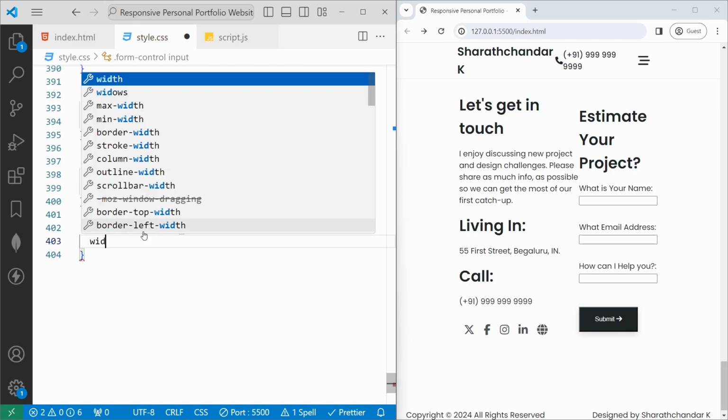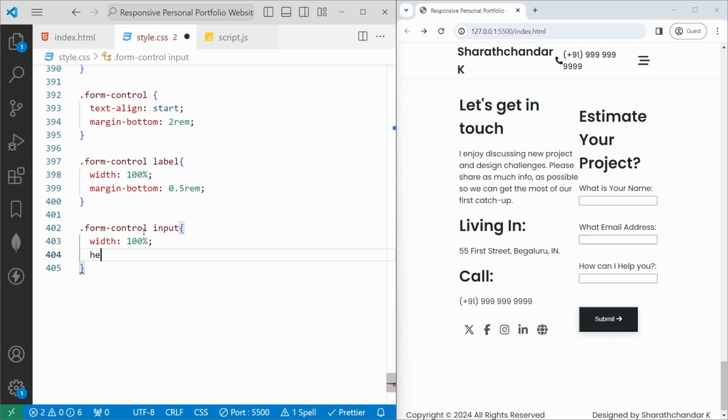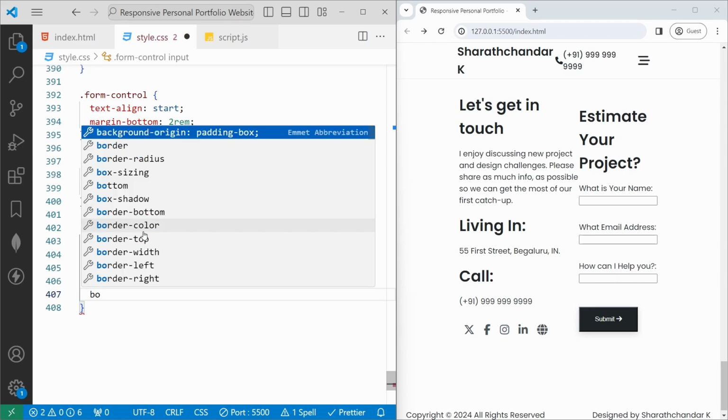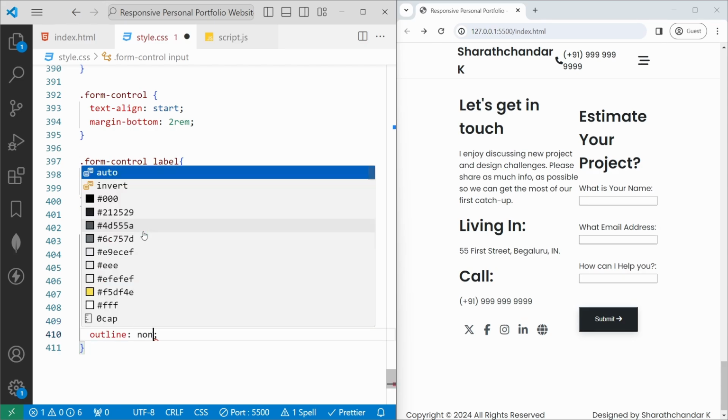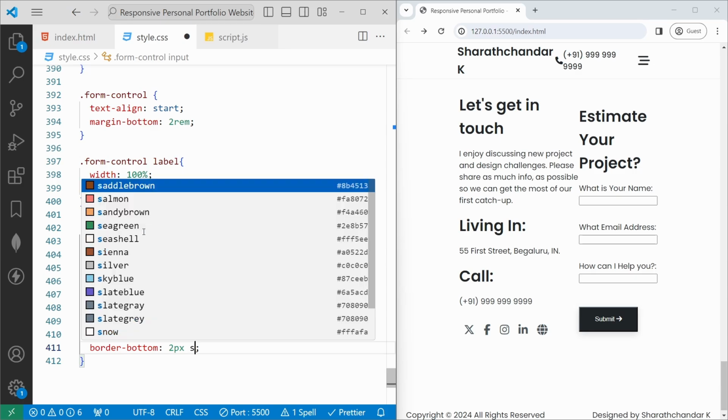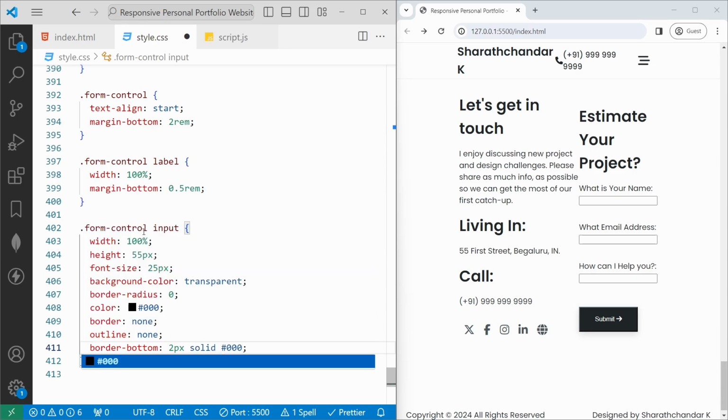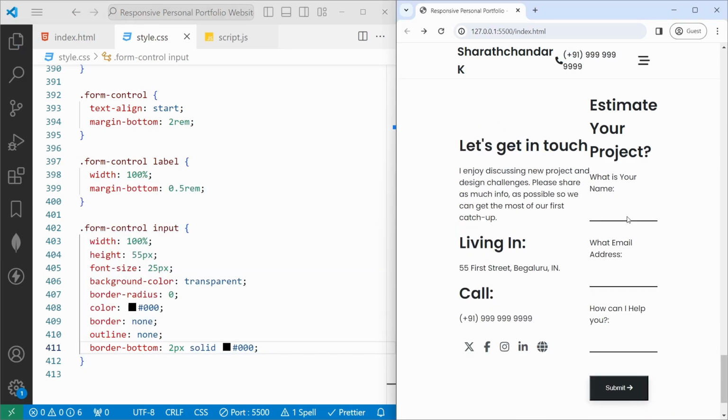We'll set the width of 100 percentage, then height of 55 px, font size to 25 px. We'll set the background color to transparent, and then we'll set the border radius to 0. We'll set the color of black. We'll set the border to none, outline to none, border bottom to 2px, solid with black color. If I save, now we can able to see the input styles here,